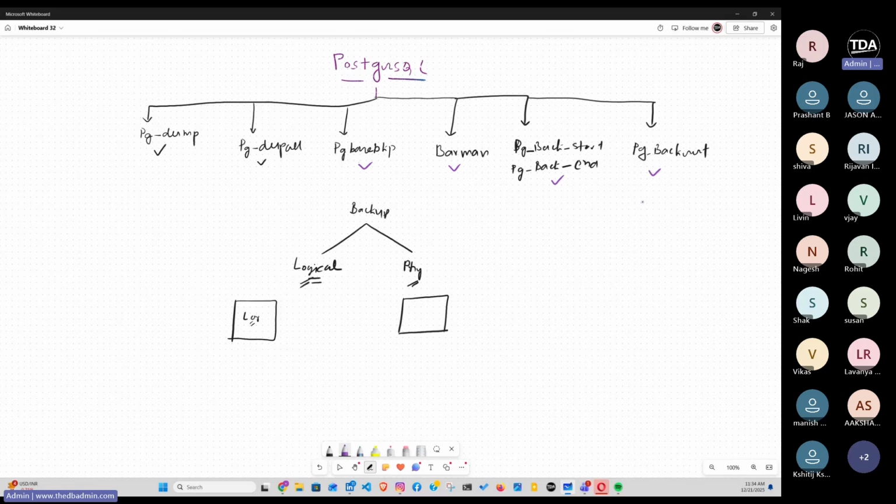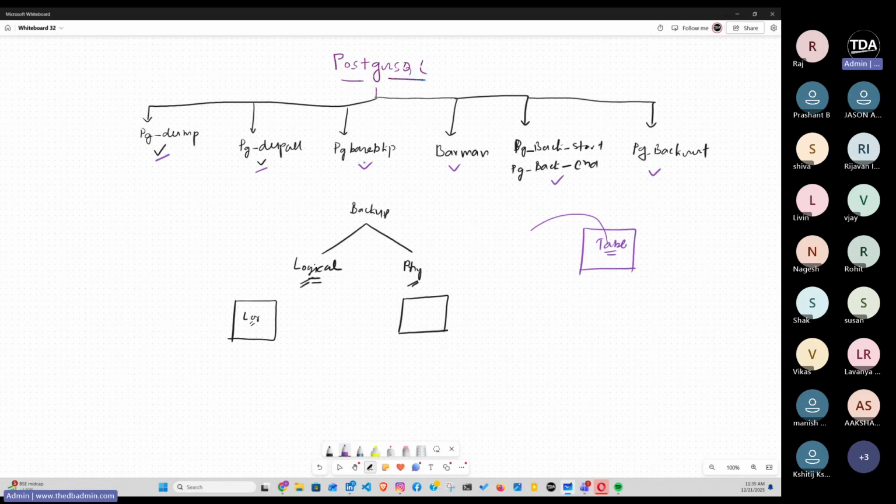So if you took a backup and you want to restore only one table, restoring a single object from a physical backup is not directly possible. First you have to restore into some temporary database, and then you can copy the table. In that way it is possible, but directly it is not. But when you are taking logical backups and you have to restore just one table or two tables, or one database out of, let's suppose, 10 database backups, that is possible.